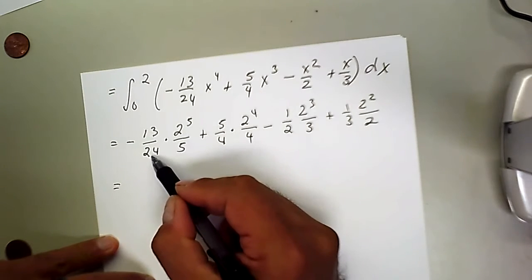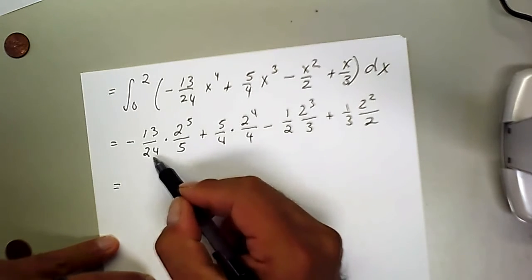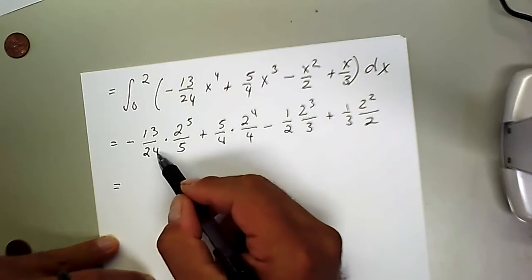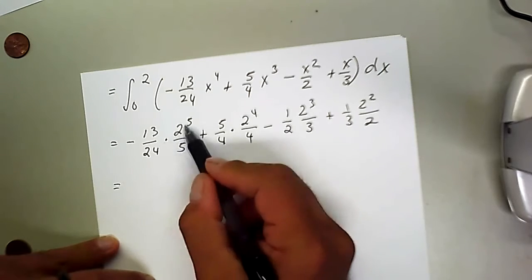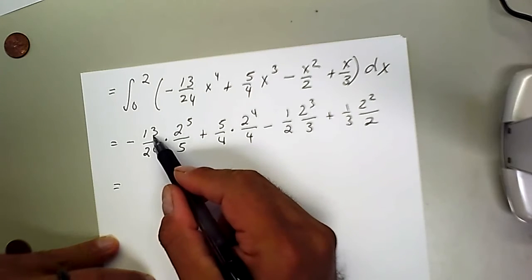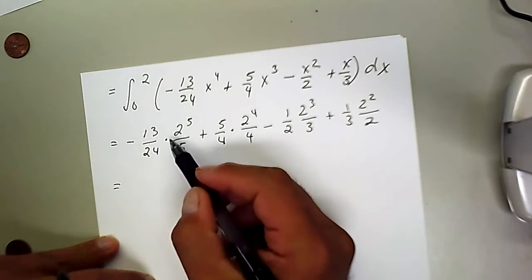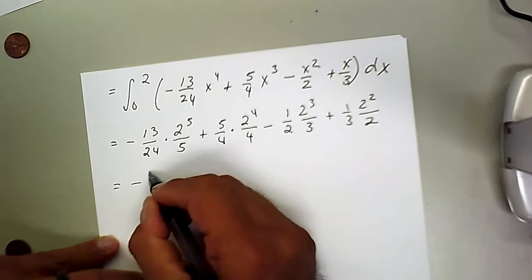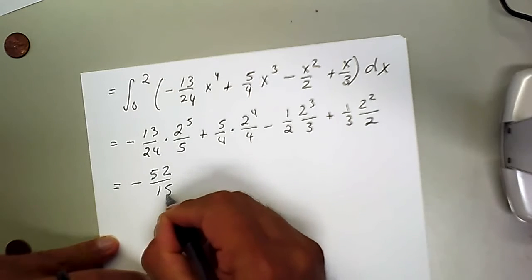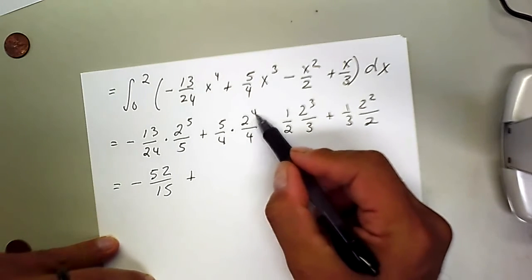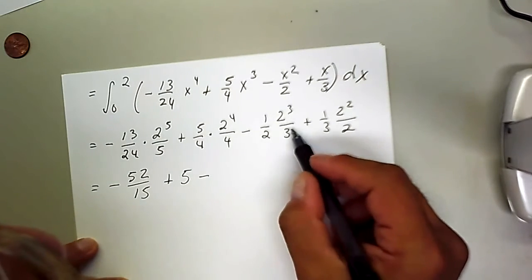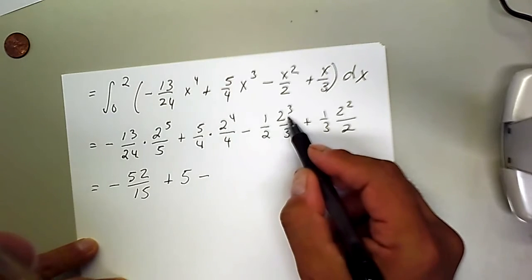So 24 has 3 2's. 2 times 2 times 2 is 8. No, 8 times 3 is 24, so only 3 2's. So 3 2's simplify. We end up with 2 2's still left over, times 13, that's 26, 52. So we have negative 52 over, and then we still have a 3 times 5, 15, plus 2 to the 4 is 16, 4 times 4 is 16, so we still have a 5, minus 1 2 simplifies, so we end up with 4 over 3,